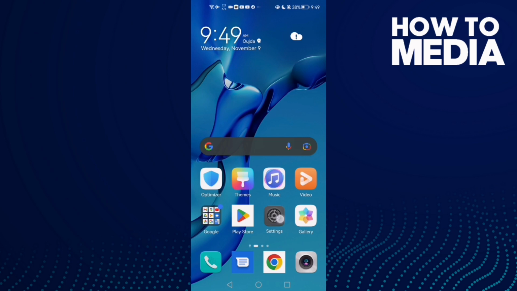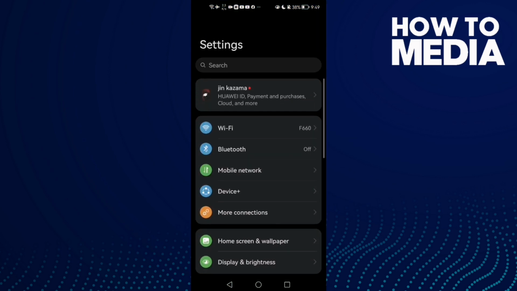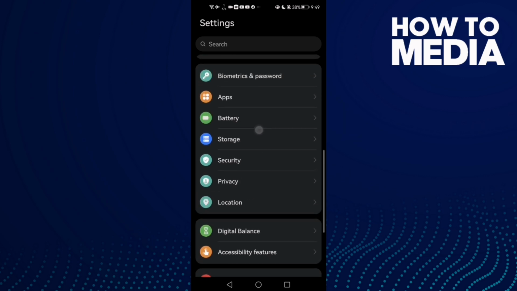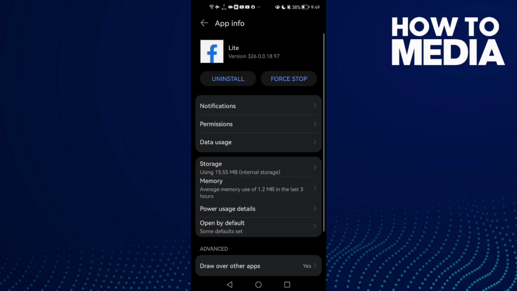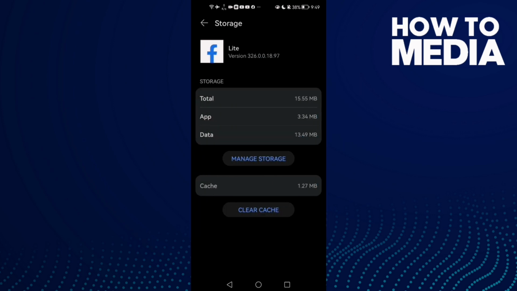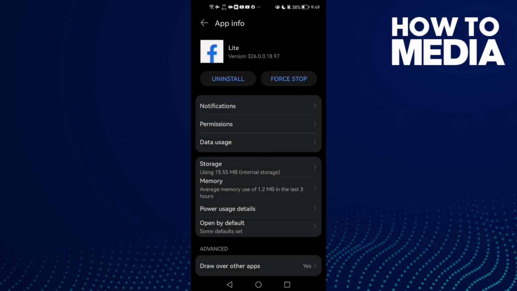phone. First, just open settings and then scroll down until you find here apps, and now click apps again, and here you need to find Facebook Lite. Click on it and then click storage, and here click clear cache. Click on it and then click force stop, and that's it. Your problem must be fixed, and if that doesn't fix your problem,